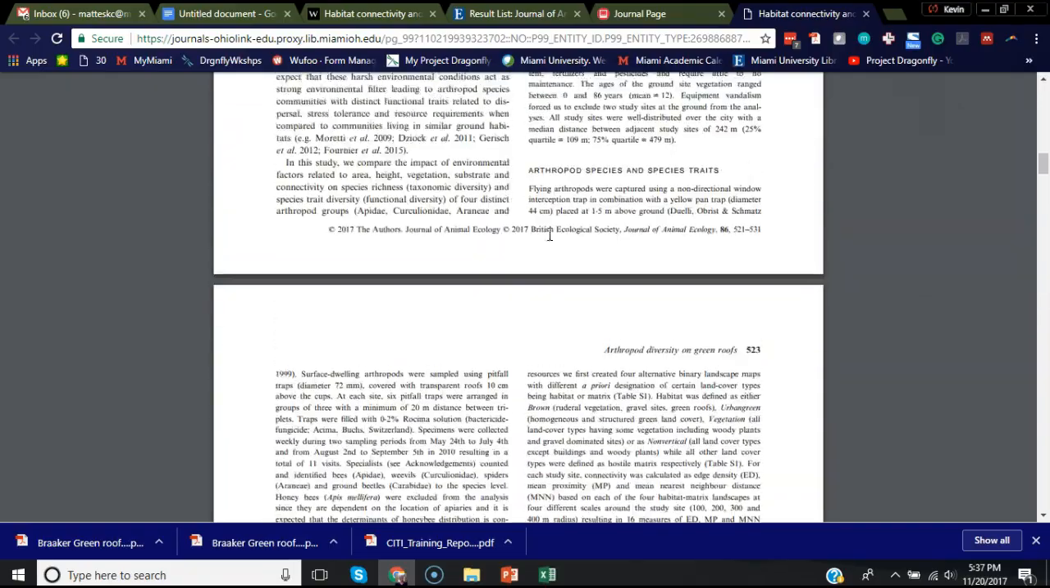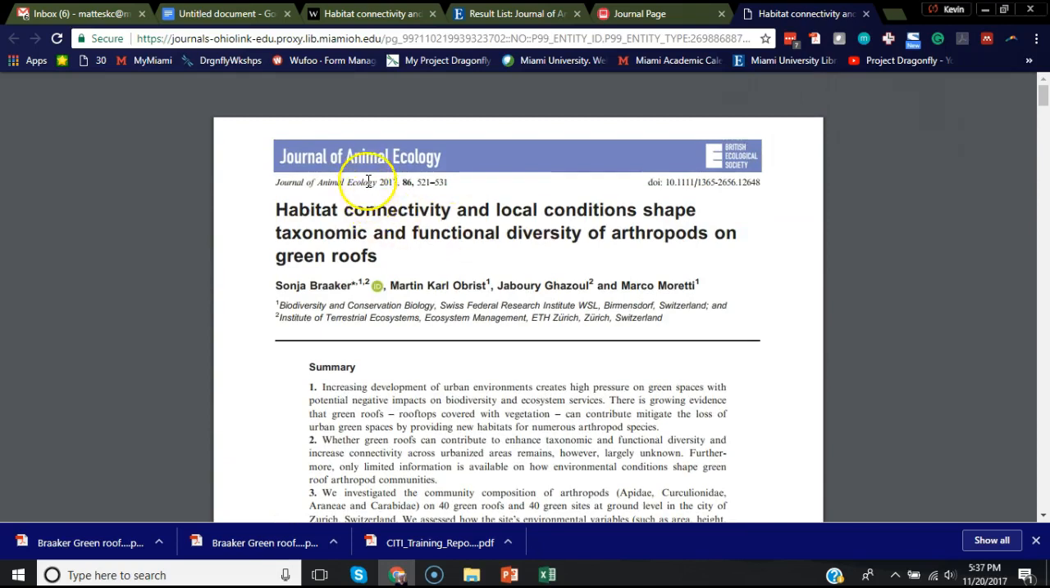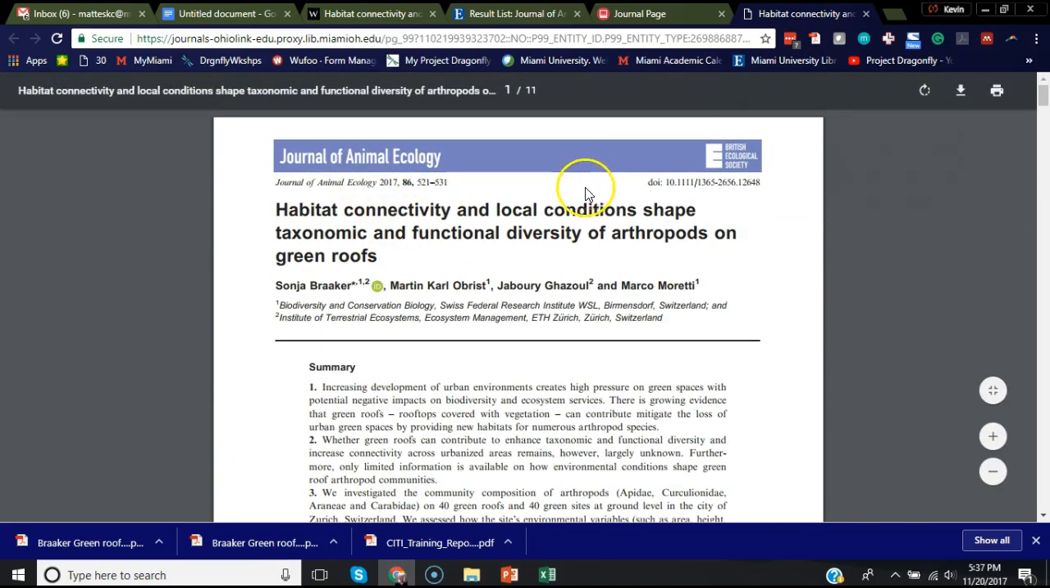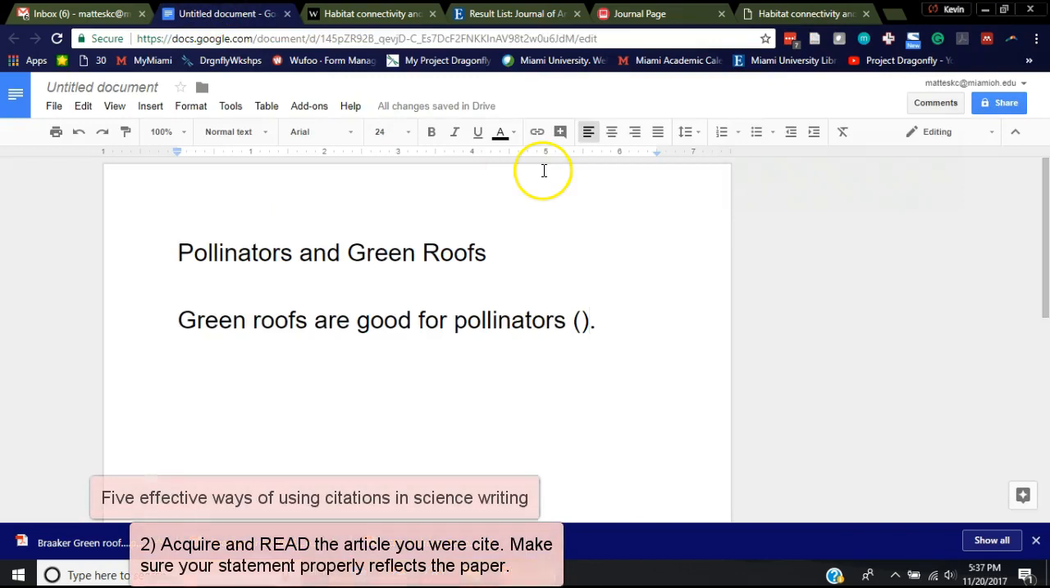So once you've done that, save this to your desktop or save it to a folder so you can refer to it later. Go back to your writing, and maybe actually at this point, because I've already looked at that article, that article actually doesn't say green roofs are good for pollinators. It actually has a more nuanced statement, which is that